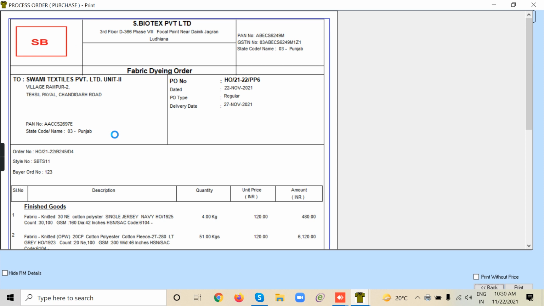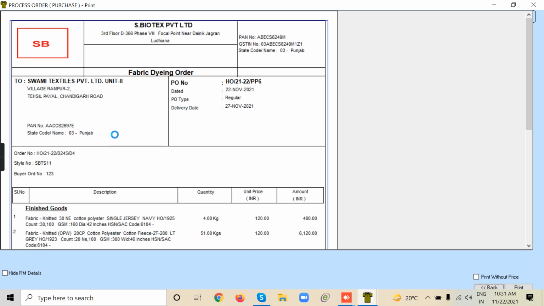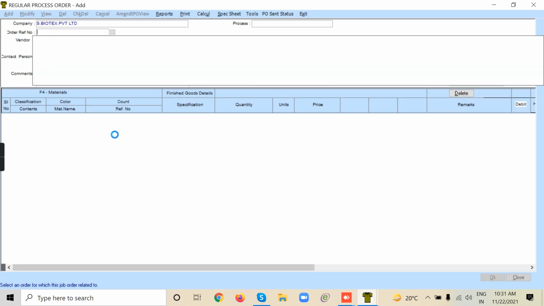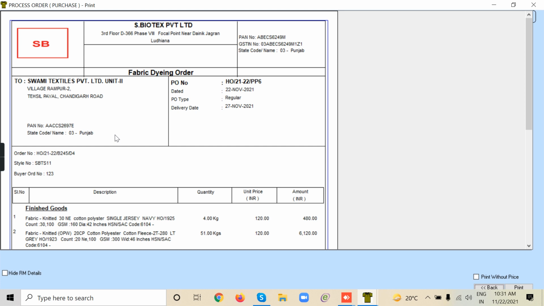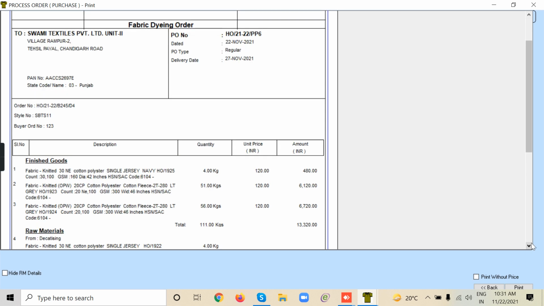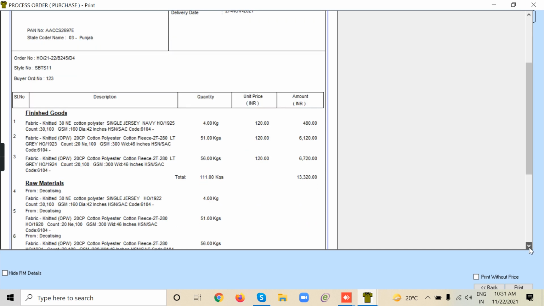Still running. Can you scroll down? Yes, by your text to Swami Textile. Finished goods is colored fabric. Raw materials is colorless fabric.